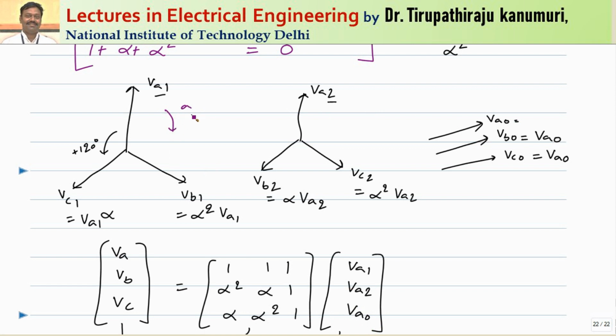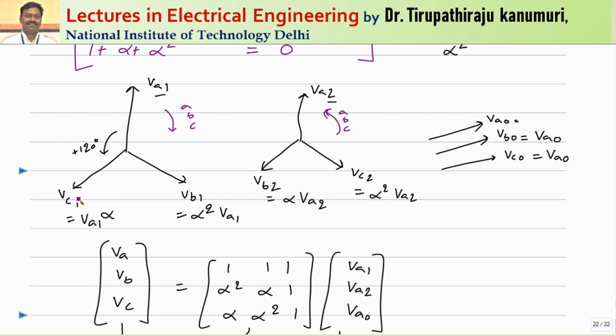This is my sequence A, B, C. So A comes here, B comes here, C comes here. That means B lags A by 120 degrees and C lags B by 120 degrees. This is called positive sequence. And in the negative sequence, the sequence will be opposite. That ABC sequence will follow like this. So this is my ABC. So it is having opposite sequence, or in the same order if you take, the sequence is reversed, that is ACB will come. So now how to represent these components?